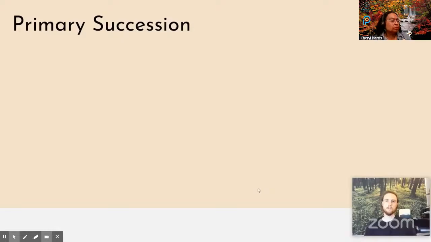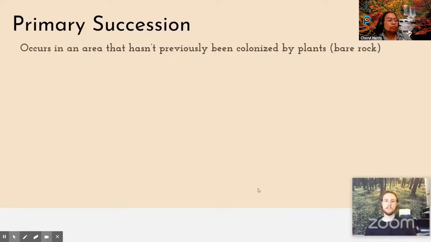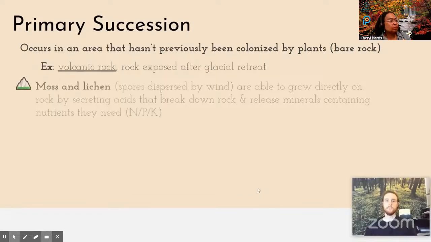And so primary succession, you'll remember, starts from bare rock. This is an ecosystem that has not previously had soil present. And this can also often occur after a volcanic eruption or after a glacial retreat. That's because those are both events that will leave bare rock without soil on top of it. And so very important to remember that moss and lichen are the colonizers or the pioneer species in primary succession,